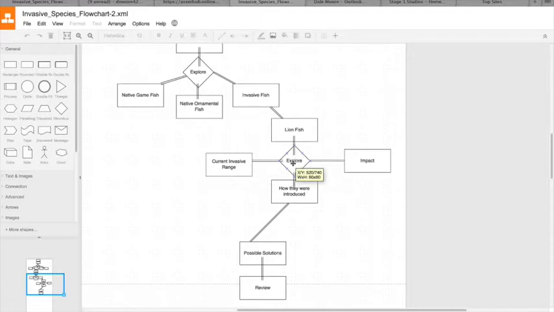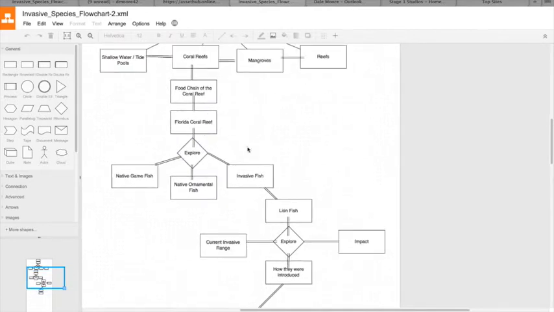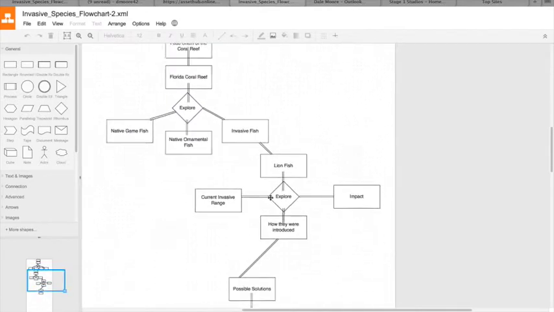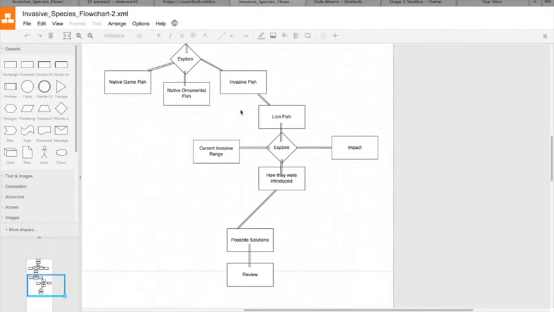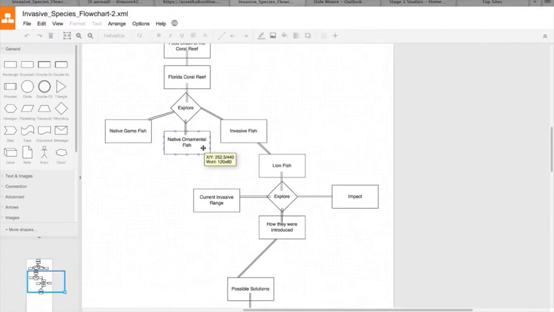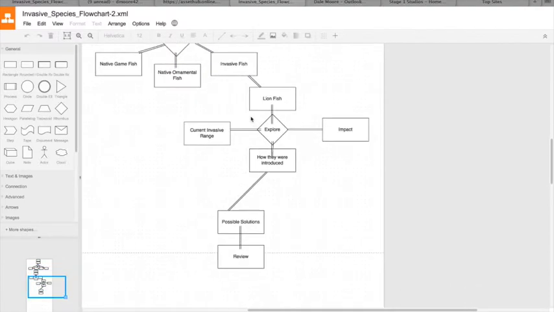An explorer possibility where they can move on into lionfish's current invasive range or area that they have now, how they were introduced here to South Florida, their impact on our food chain and these other areas back here. So this idea connects back to these earlier ideas so that we have a direct picture of what's going on. My thought is big idea and slowly focusing it sort of like an upside down triangle into these areas as